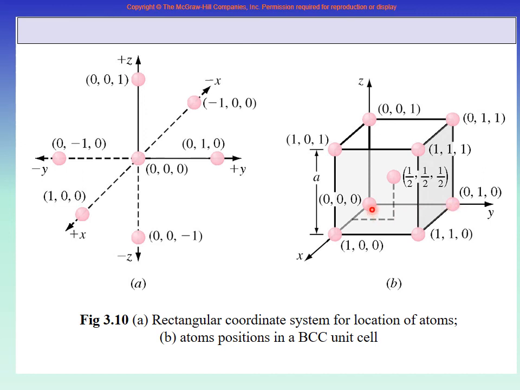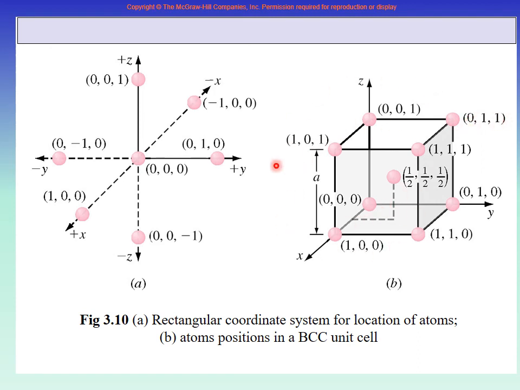Now go to this one. Start from the origin. You don't move in the x direction, so x has to be 0. In the y you go 1, and in z you don't go. So it is 0, 1, 0. All of them are very simple. For example, take this one. Do you move in the x direction? No. You remain at the same face. But you go 1 in y and you go 1 in z. So it is 0, 1, 1. You don't move in the x direction.